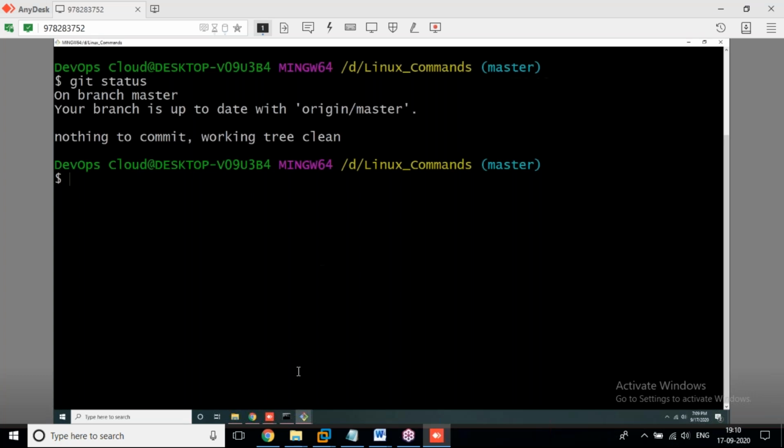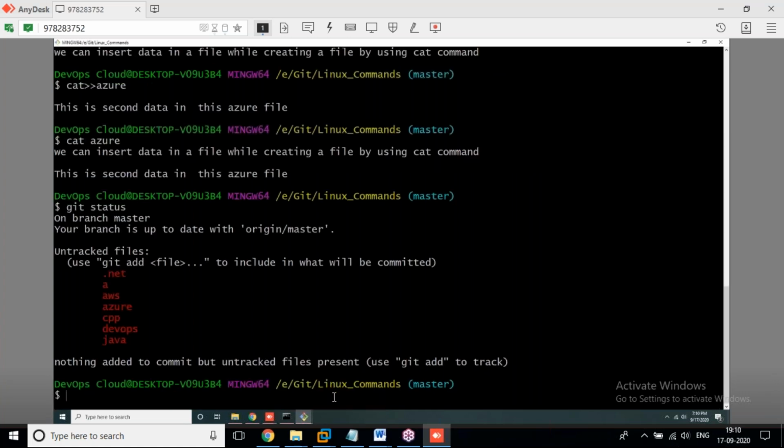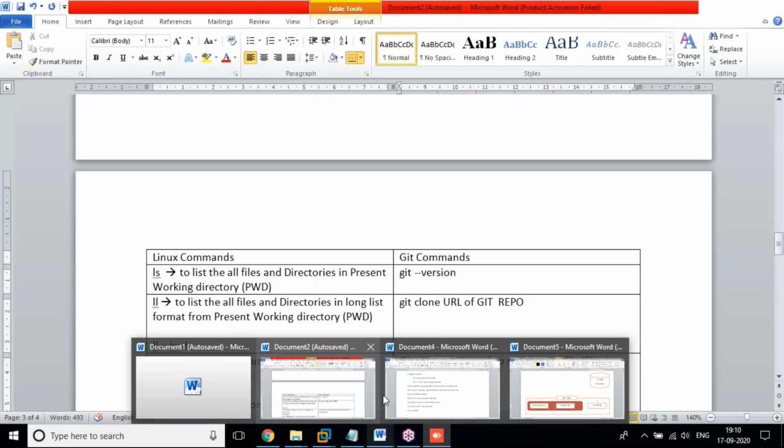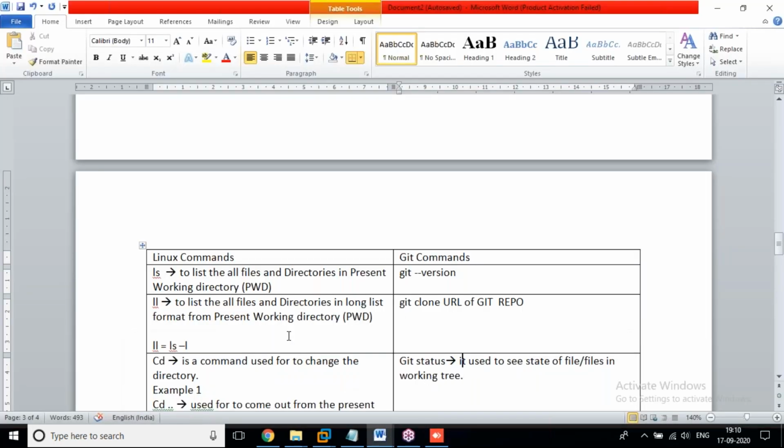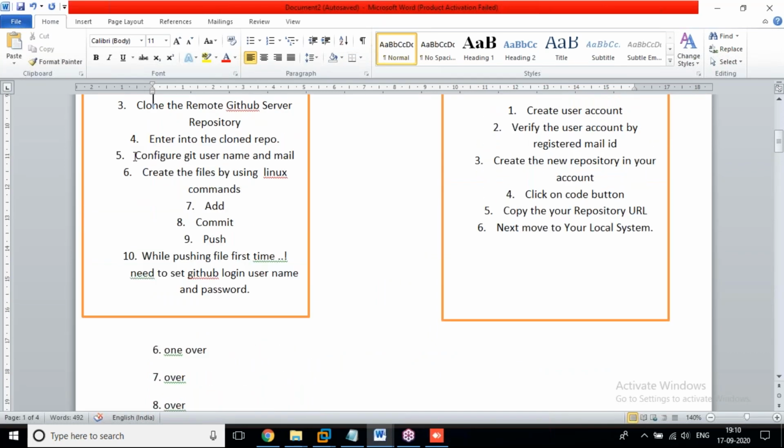Okay, a little bit on that. Now we have some more pending tasks, yesterday's pending task. We need to explain it. Now what are we doing? We are going to discuss this one: without configuring, we are going to commit the file, without configuring username and mail ID. Why do we want to configure username and mail ID? We have taken one example: anonymous people at a bus stand or on the road.